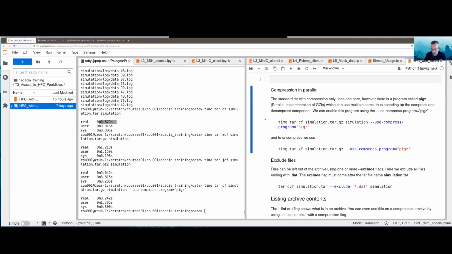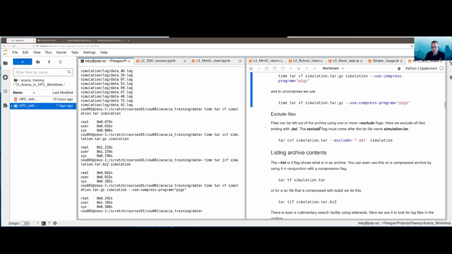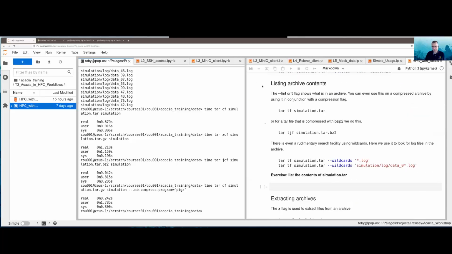So of course you can use PigZ on the decompression step as well. And PigZ will use all available cores that are on your machine or on your node in your job, for example. So we just did some more exercises about excluding files from an archive, listing an archive's contents using the T flag,